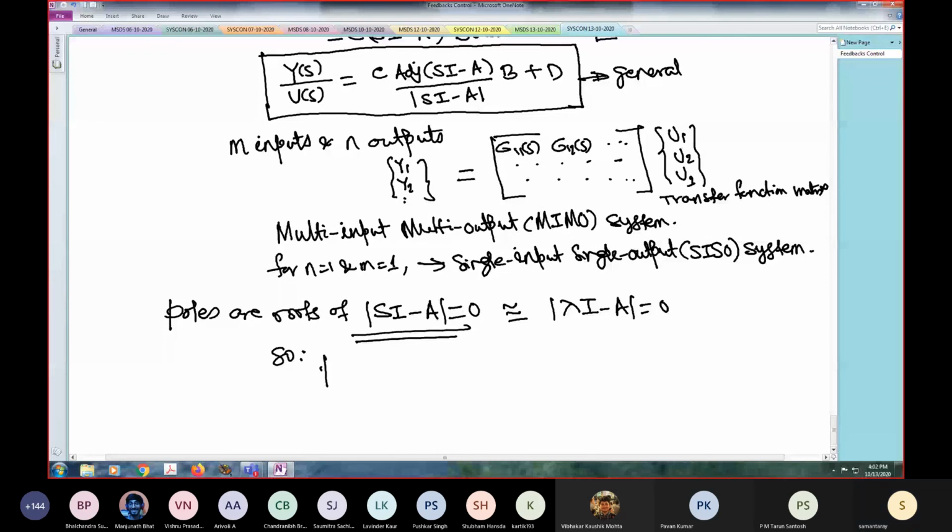Poles of an LTI system are the same as its eigenvalues. Eigenvalues and poles are the same, it's all the same thing. One is determined from the determinant of lambda I minus A equal to 0, and the determinant of sI minus A appears in the denominator of the transfer function. Those are the poles of the system.